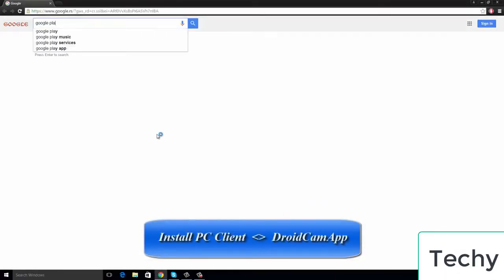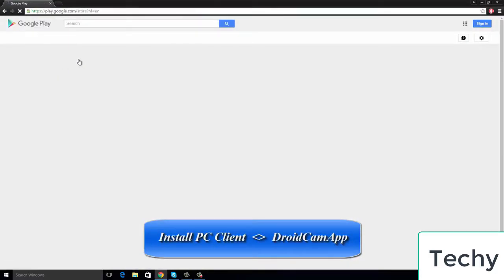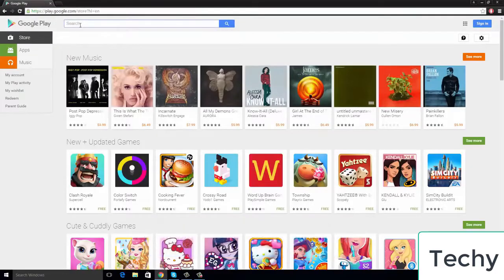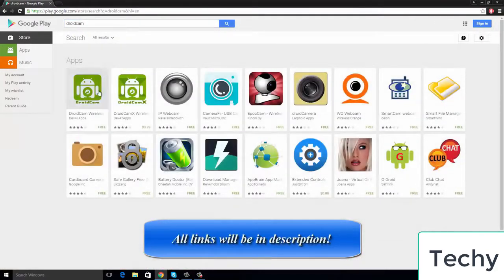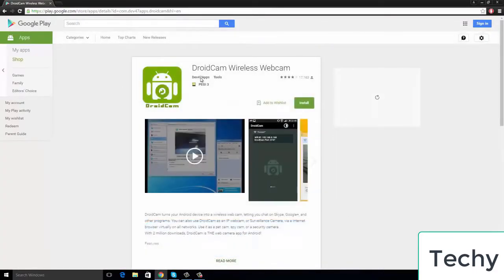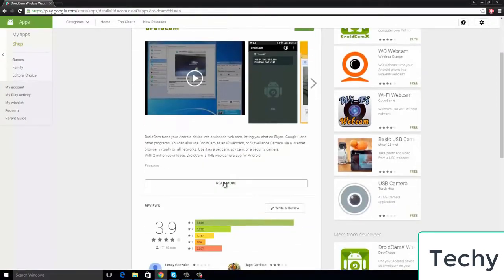Hello everyone, today we are going to learn how we can use our mobile camera as a webcam. First, we can search for the app which is used for that purpose, that is DroidCam. First we can download it on our PC, and after that we can also download it on our mobile,